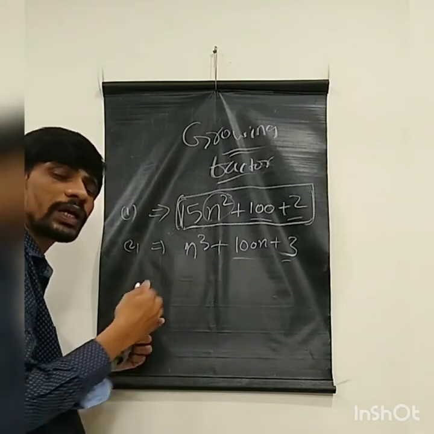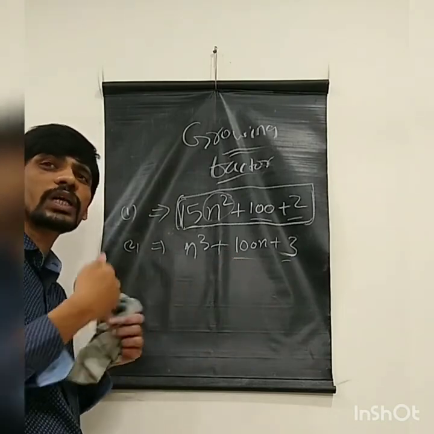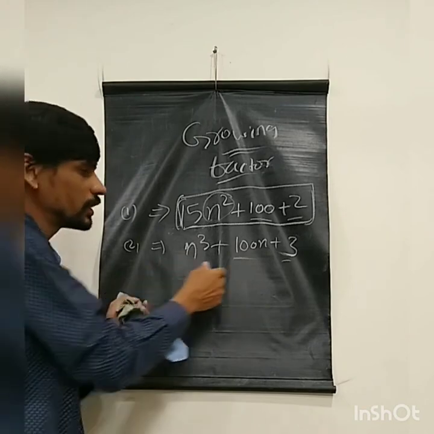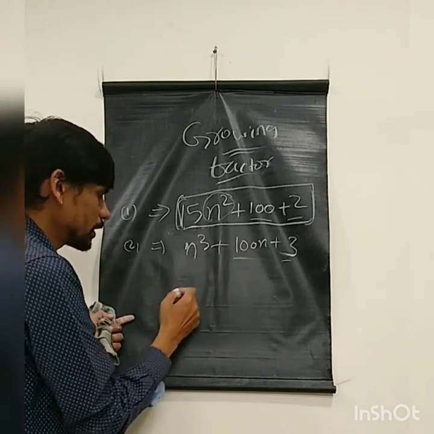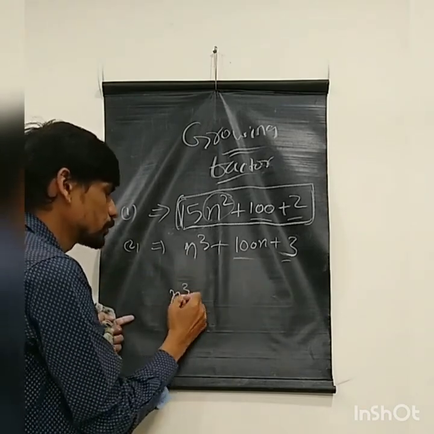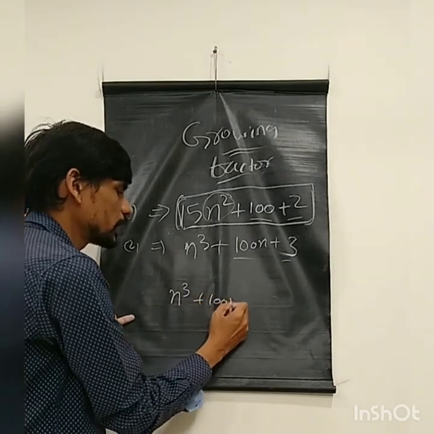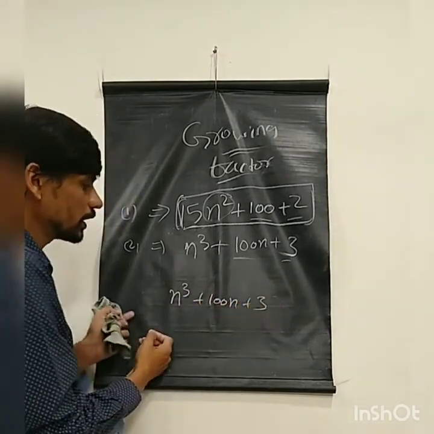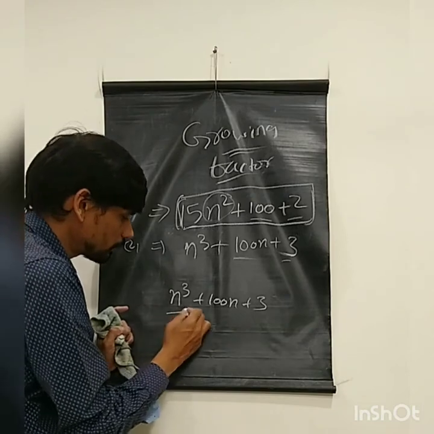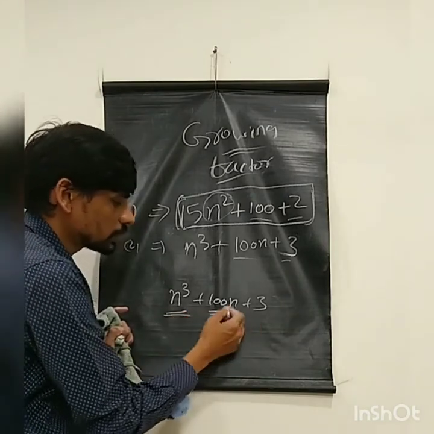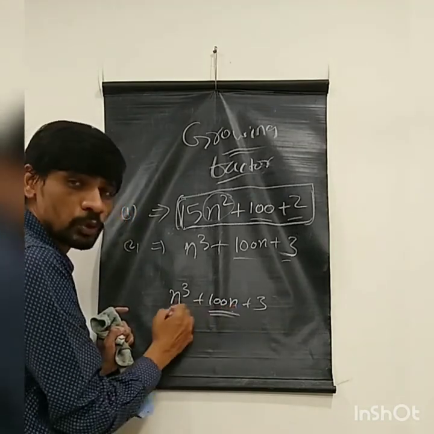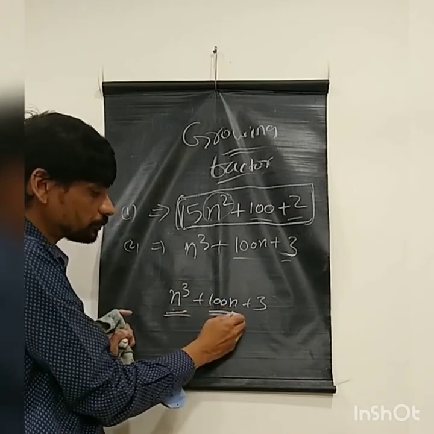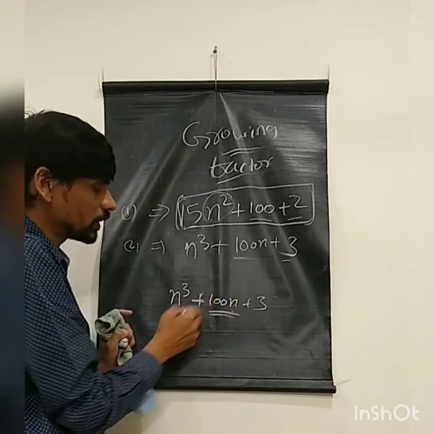We will focus on the highest growing factor. In this case, let's imagine n cube plus 100n plus 3. See here, my growing factor can be this one or this one because n is in both places, right? But if you observe